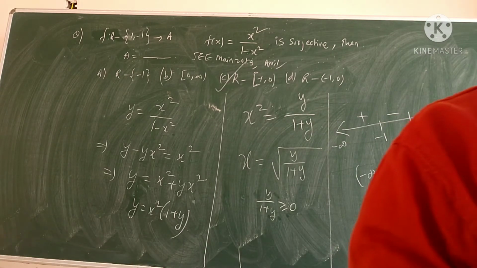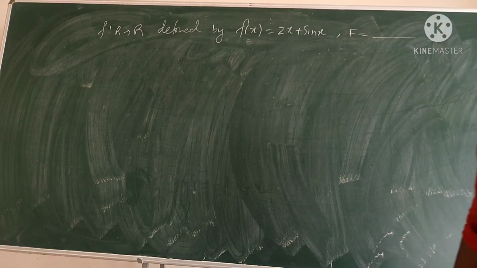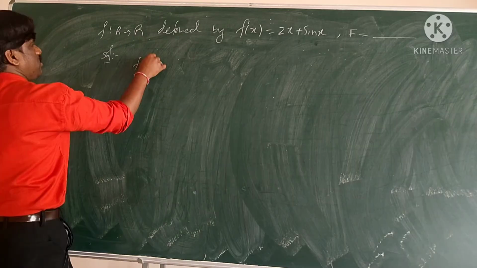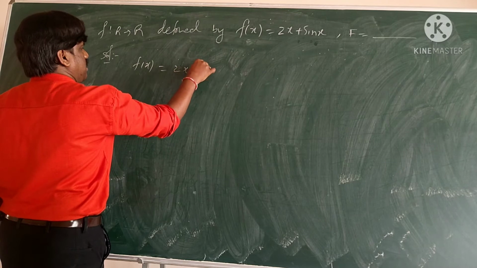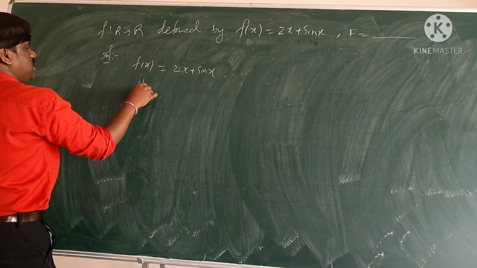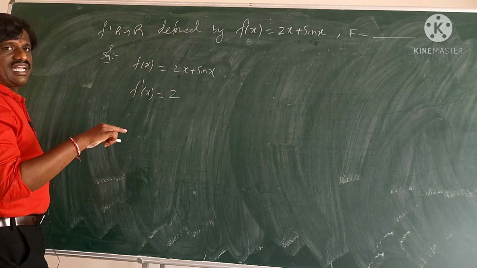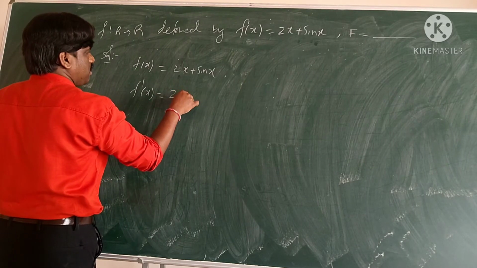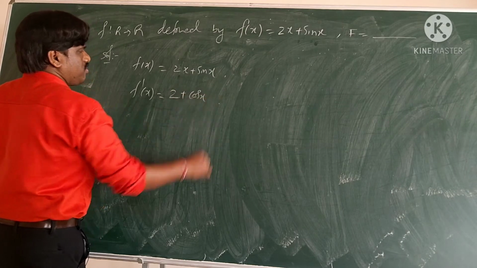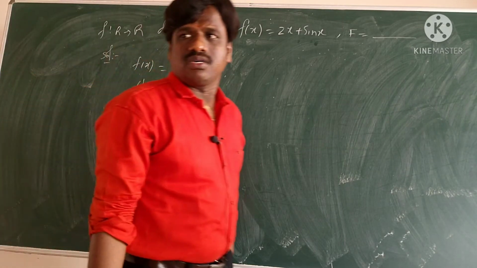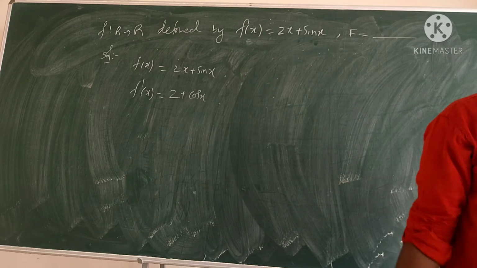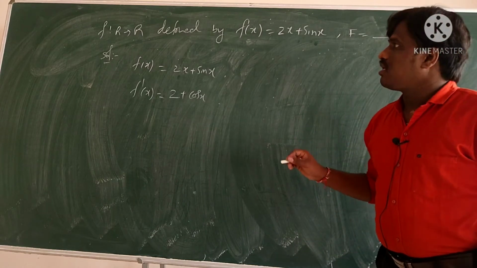Right? Here f of x is equal to the given 2x plus sin x. We have to check what are the things: 1 1, many 1, on 2, into. We have 2x plus sin x. Do the differentiation of the function, f dash of x is equal to what? 2x differentiation is 2. What is sin x differentiation? Plus cos x. Cos x. Now what is the here?